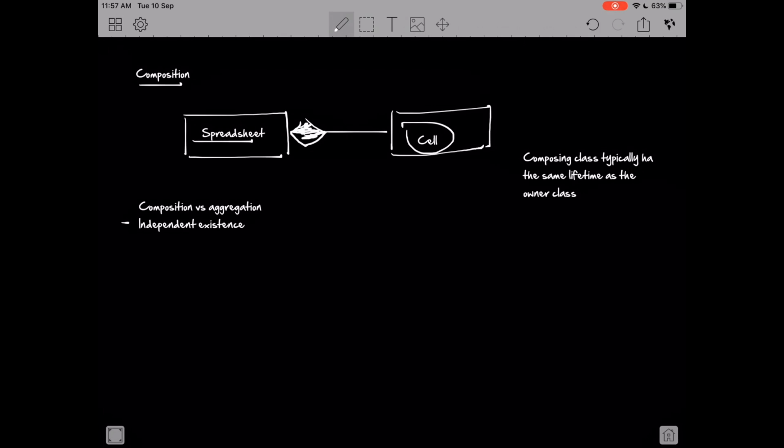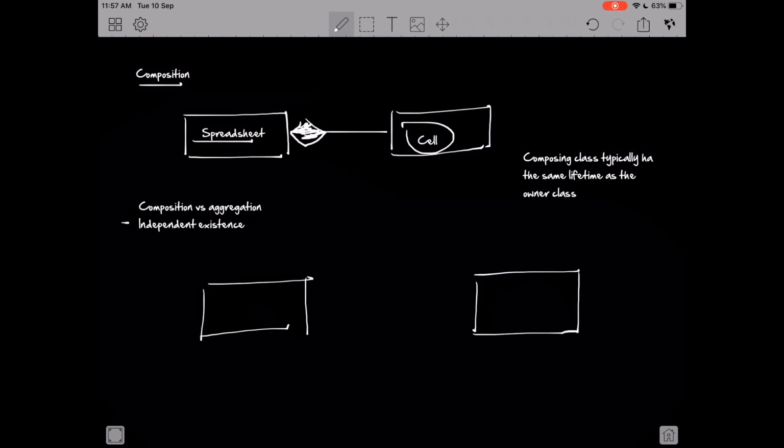So one question that comes to a lot of people is, say I have two classes, so in a UML diagram, what relationship do I show between them? Do I show an association? Do I show an aggregation? Do I show a composition? Something like that. So the thing is, if we have a composition, we should show a composition, because a composition